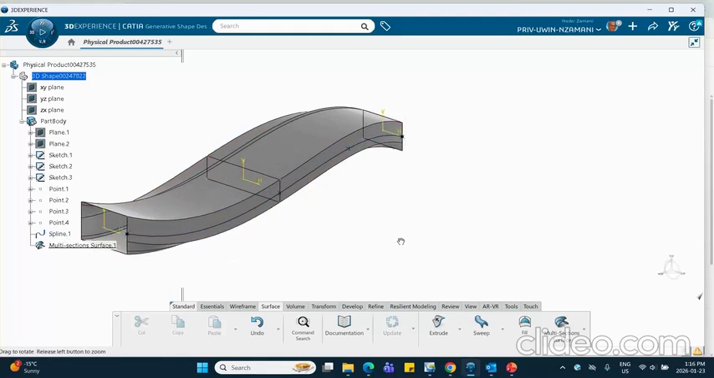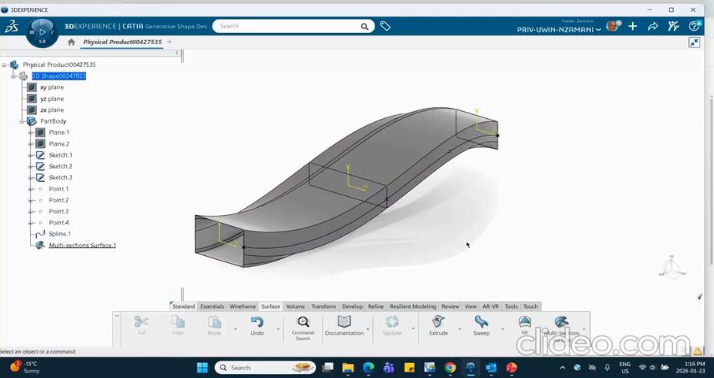So you can use as many guides as you want. You just have to create them, and you have to make sure that the guides intersect the sketches. That's pretty much it. We're going to be talking about splines in the next